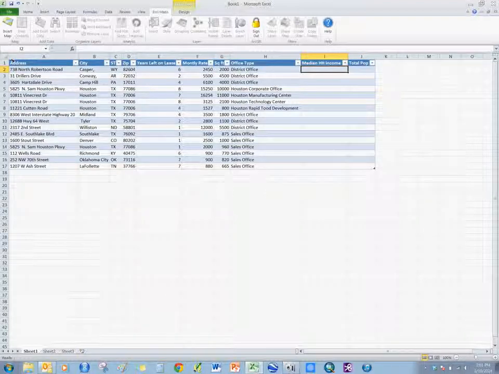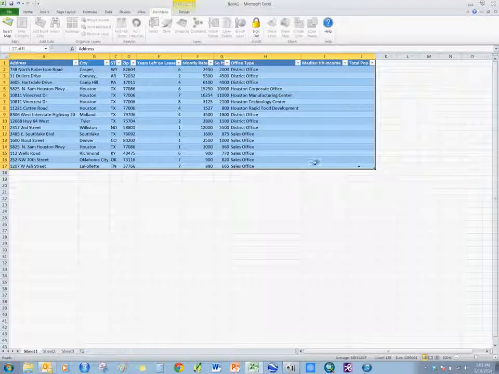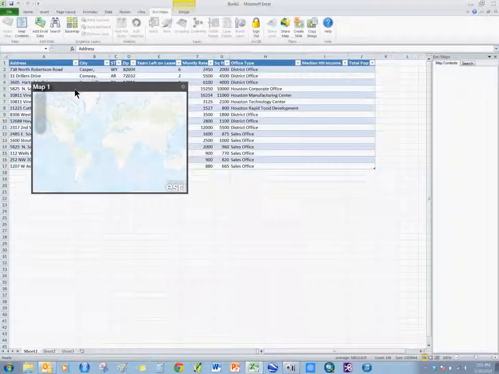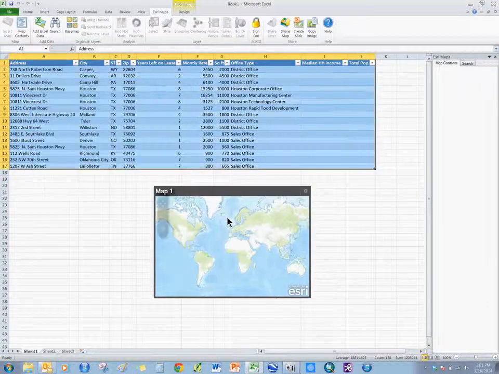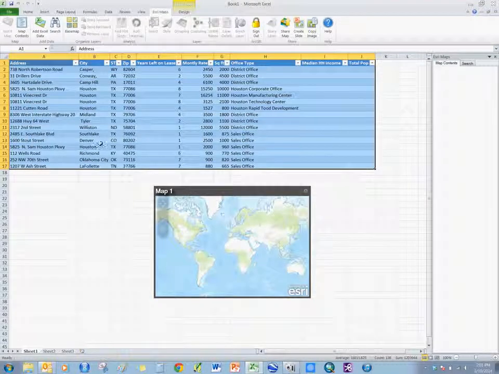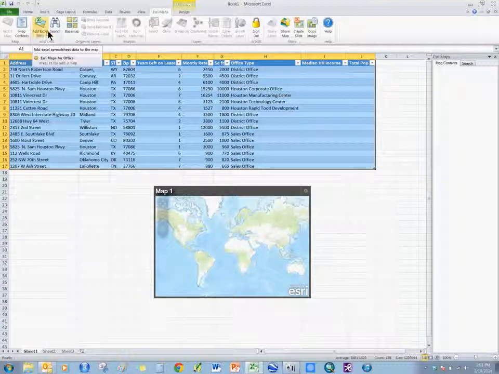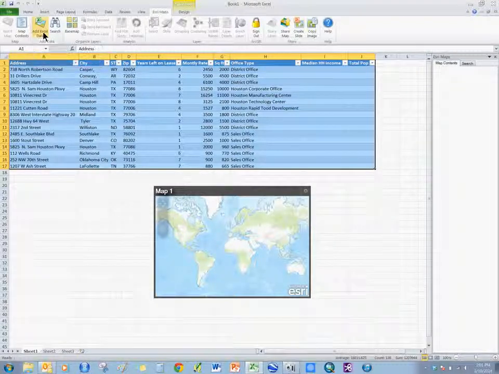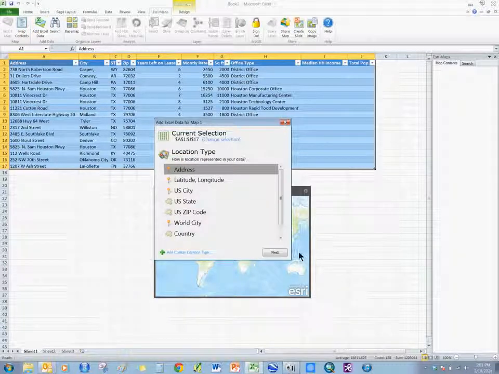So I'm going to highlight my whole table. We're going to insert a map, and now what we're going to do is just geocode or plot all these addresses inside this map. And it's as simple as going to the Add Excel Data button, clicking on Address,